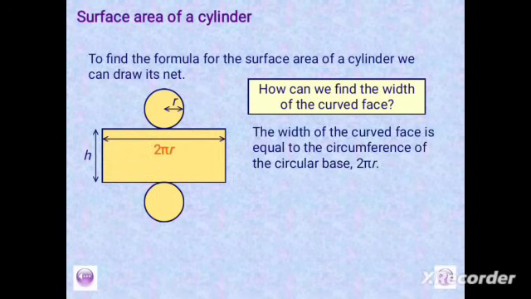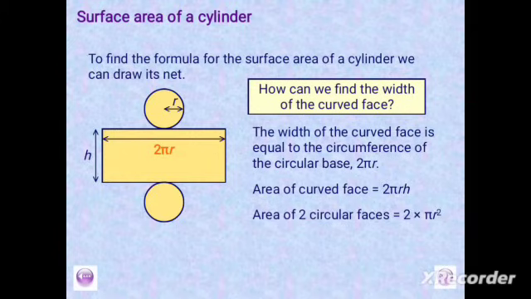So the width of the curved surface is equal to the circumference of the circular base, that is 2 pi r. And now area of the curved surface will be, of course, the length times the width, whereby on the length we have 2 pi r, on the width we have h. So area of the curved surface is 2 pi r h,